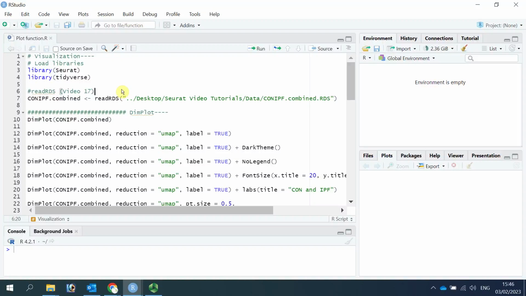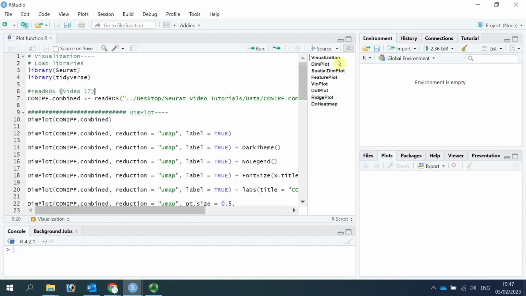Today I'm going to show you some important Seurat visualization functions. Seurat has some important plot functions to enable us to produce beautiful figures for publication or presentation. In my previous videos, I already showed you the DimPlot, SpatialDimPlot, and FeaturePlot functions.